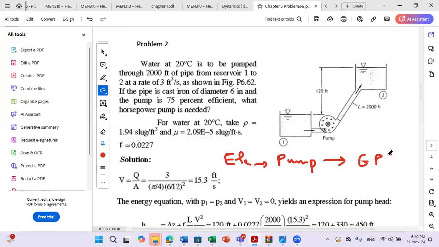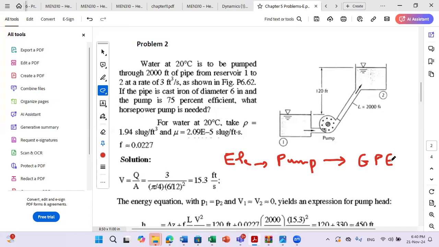It's exactly the opposite scheme of producing electricity from storing water at high level. Here it's the opposite. If you have electrical energy and you want to store water at high elevations, you can use a pump. So here, in order to determine the horsepower needed, we need to consider, of course, the efficiency